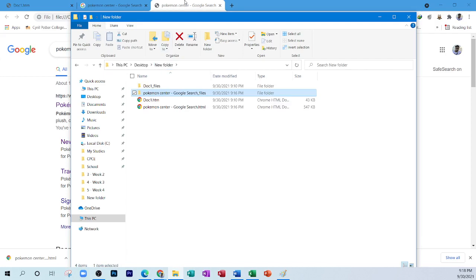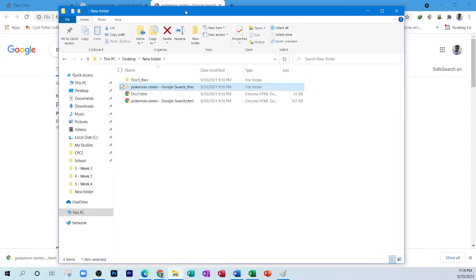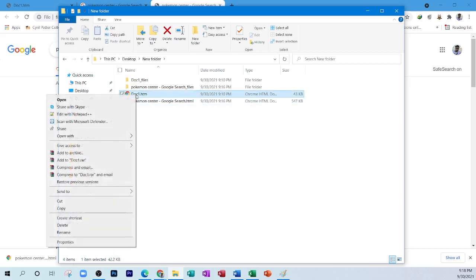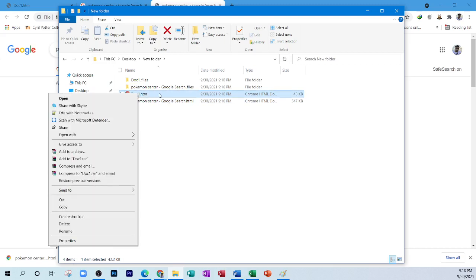We can talk about all of that more later on, because all of that is a part of learning how to use Word as your web page, and how to use HTML. But this is the basic principle. You have an HTML file that has the HTML code. If you right click on this HTML file that we created here, you can open it with